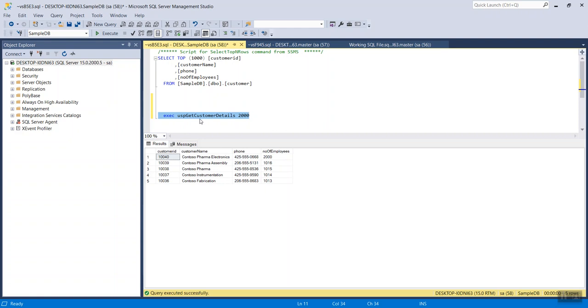So let's execute this stored procedure in Microsoft Flows, and as a result we should get these five different rows, and for each and every row we should be able to get the customer name, phone, customer ID, any of the values. And based on that value, we should be able to perform our next operation, be it calling a common data service and fetching the account details from Dynamics 365 based on the customer ID. So let's